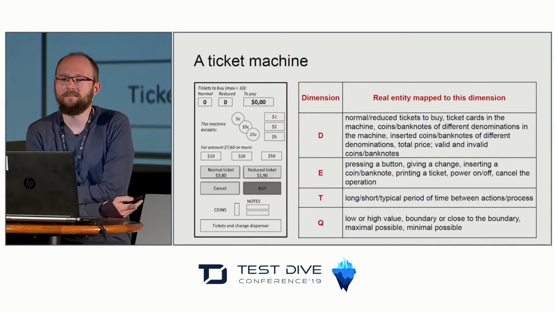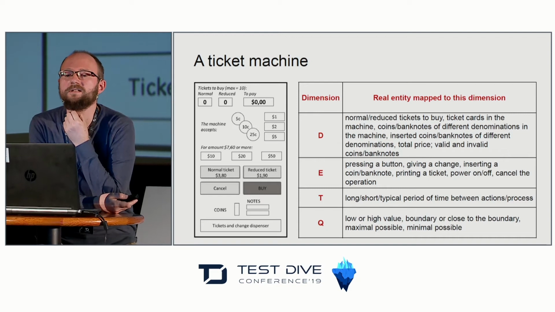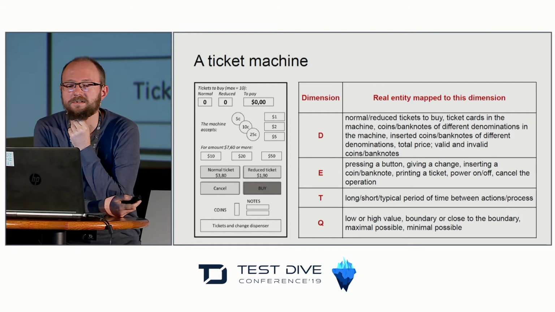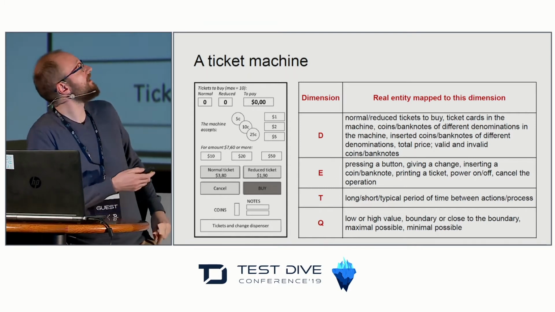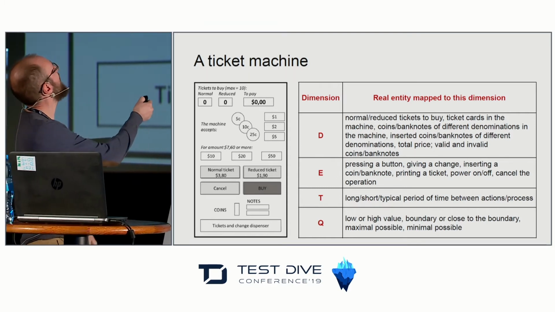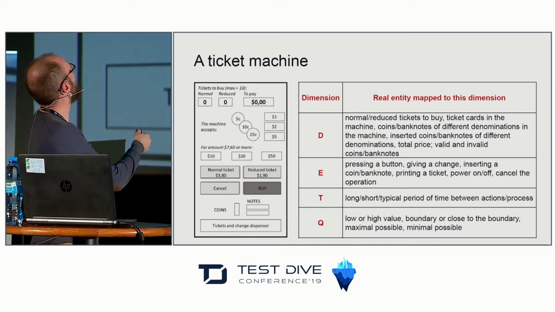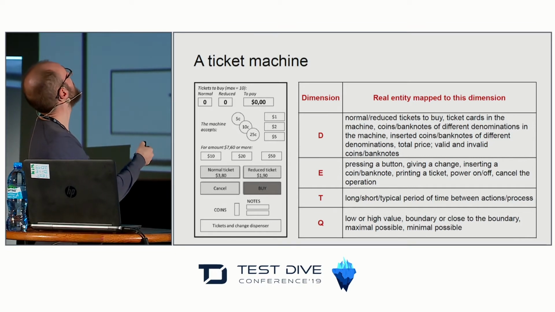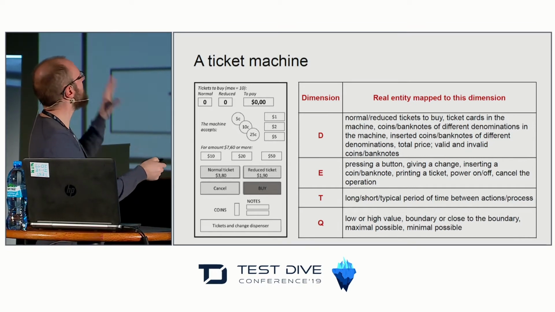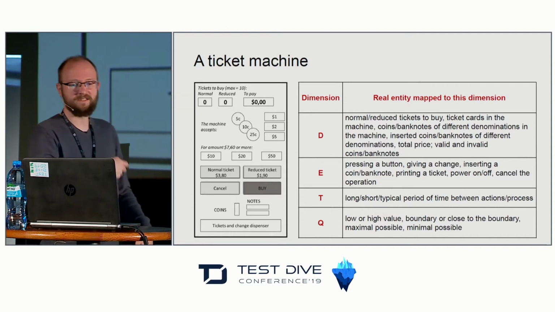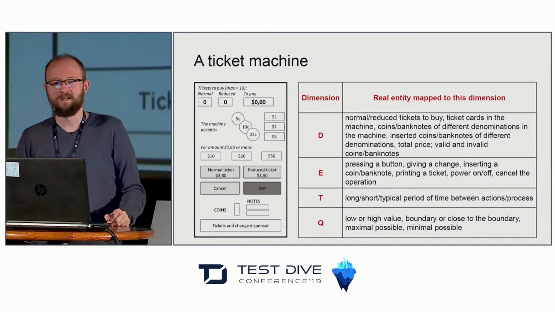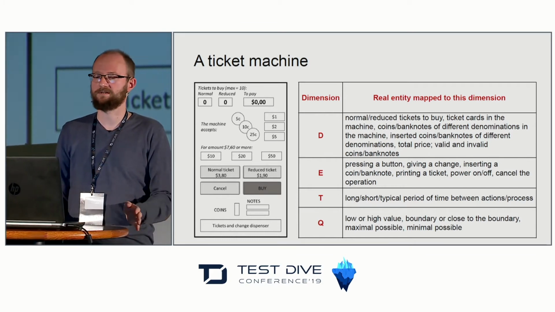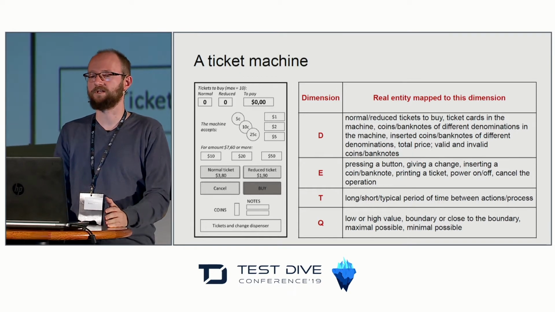So imagine that we need to test this ticket machine. We can insert there some coins, some notes. It accepts these 5 cents, 10 cents, and so on. For some amounts, 760 or more, it accepts also these notes. And when we click this button, we will increase by 1 the number of tickets we want to buy. The maximal number of tickets is 10. There are some simple requirements for this, and we are going to test it.